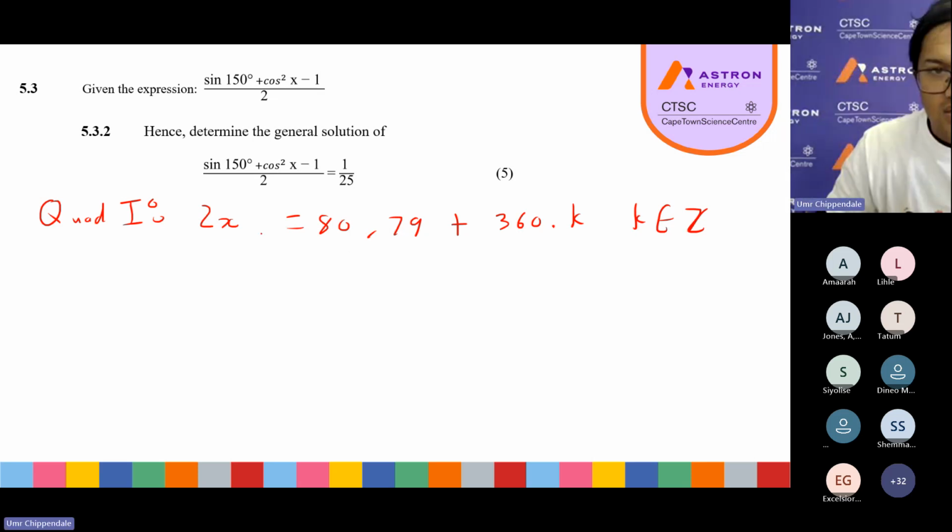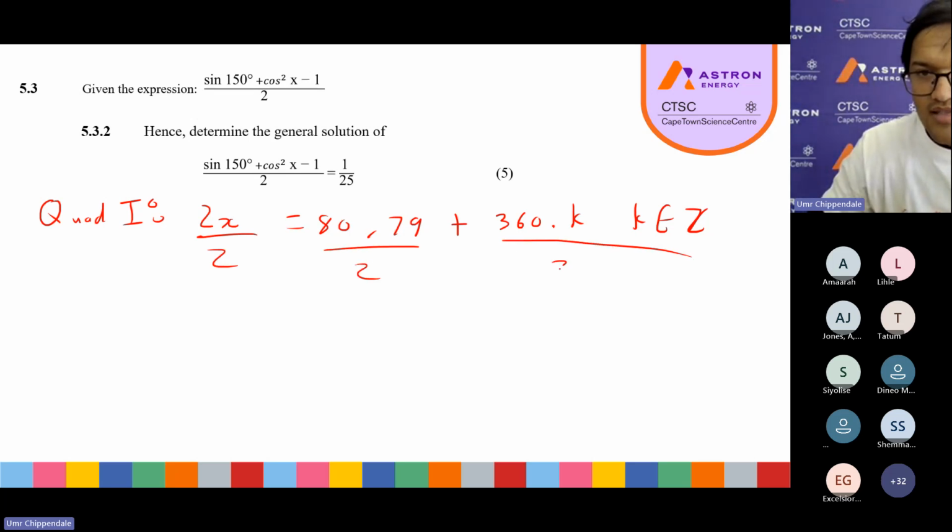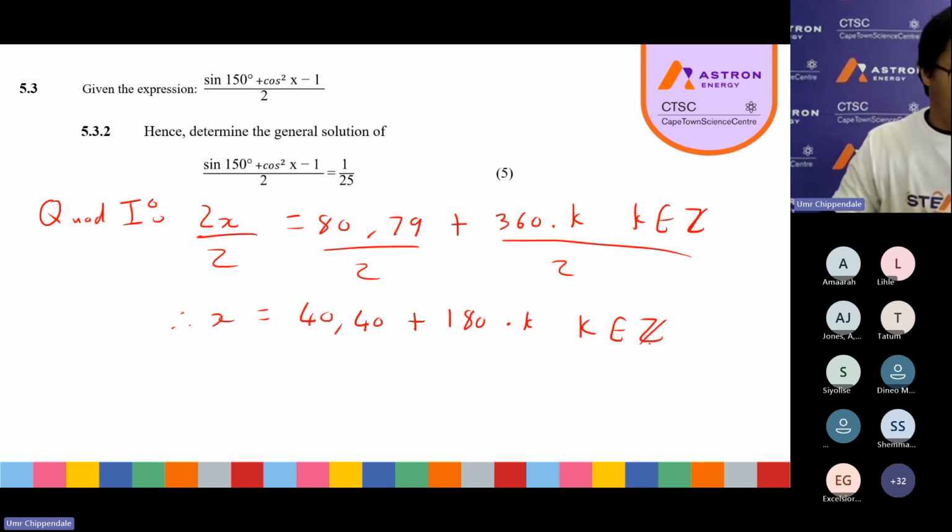So what we need to do is get x on its own. So you divide this by 2, you divide this by 2, and you divide this by 2. So if that's the case, we now have x is equal to 80.79 divided by 2 is equal to 40.40, plus that 360 also needs to change. So 360 becomes 180 times k, and k is an element of integers over there. That was quad 1. When it comes to quad 2, sorry, quad 4, because that's also where it's positive, we